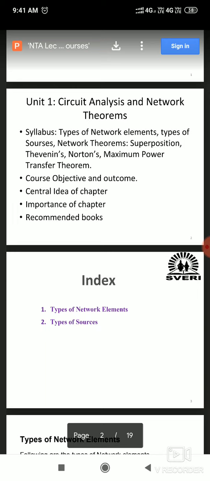Apart from the reference books, the textbook is important. The name of the textbook is Circuit and Networks Analysis and Synthesis by A. Sudhakar and Shyam Palli. Okay, everyone note down this textbook. Many copies are available in our market, in our library also, and an e-book is also available. Okay, if I get that e-book, I will send it to the group.